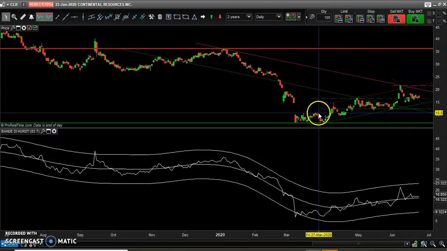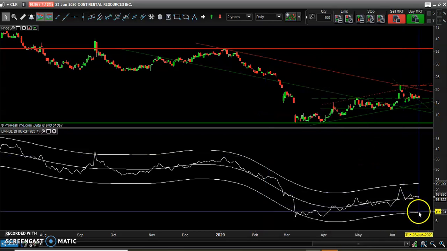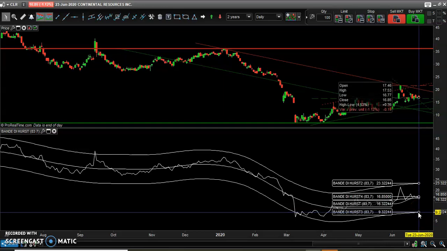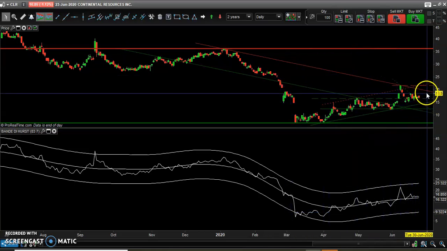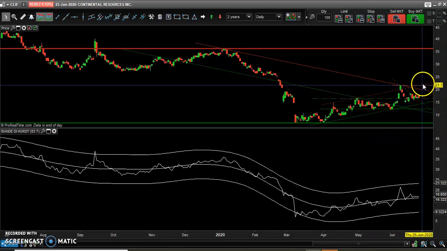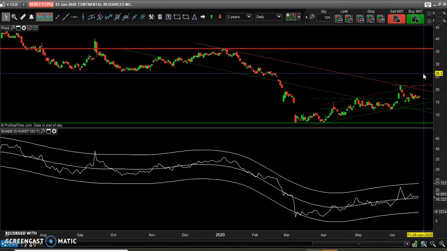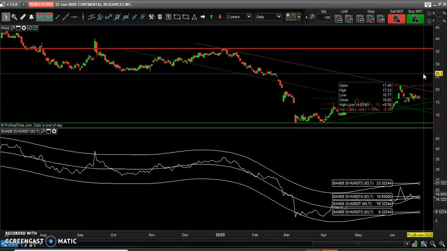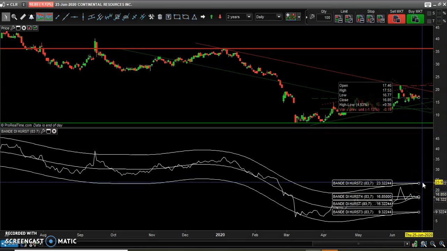So what about the next levels? I will not enter long on this stock until it hits this area where the lower band passes, around 9.59 US dollars, and as we can see here, we have a triangle. Only a breakout above this triangle can give the possibility to hit new highs around the support at around $26. But here we have an area where the upper band is passing around 24-25 US dollars.